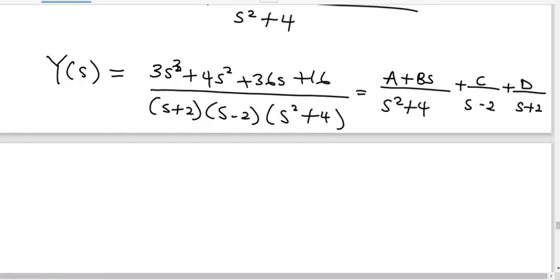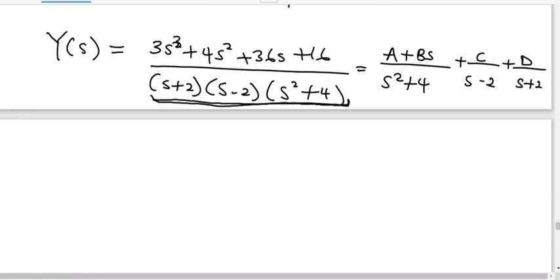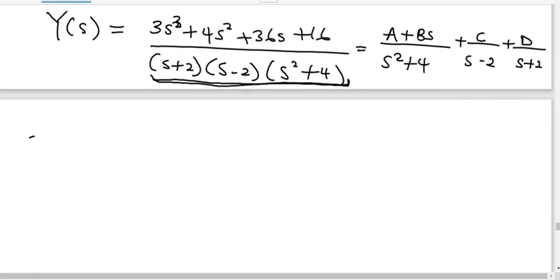If we multiply both sides by this, we are going to have that our 3s cubed plus 4s squared plus 36s plus 16 will simply give us